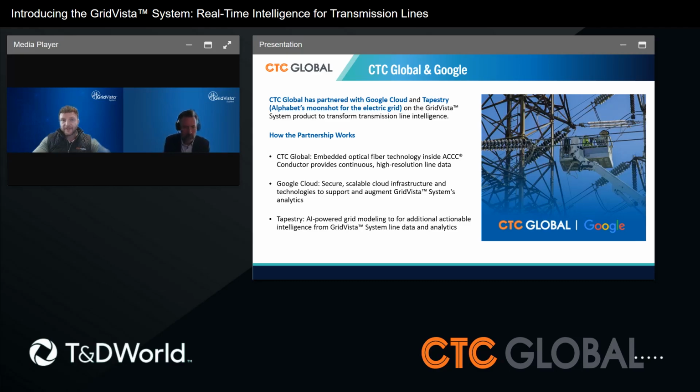I'd like to close with this final thought. For most of its life, the transmission grid has been something we've had to infer. We've had to guess. We've had to estimate. We've had to protect ourselves with conservatism. GridVista is what it looks like when the grid stops guessing and starts to truly see. Technology like this only comes around once every decade or so, not because it's clever, but because it changes what's fundamentally possible. When the grid can see, hear, and understand its own behavior, reliability stops being reactive and it becomes intentional.